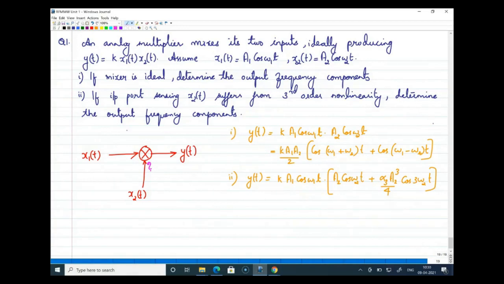Where is the 3 by 4 multiplication term? Did I miss something here? I didn't get that. A2 3 by 4 cos omega 2t. No, this cube is only here. A2 cube alpha 3 by 4 cos 3 omega 2t. Which other term is